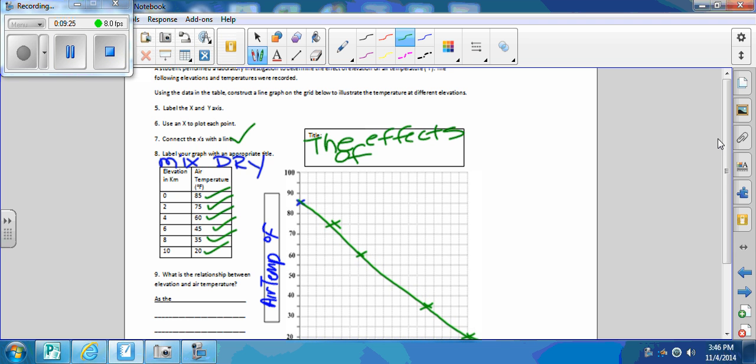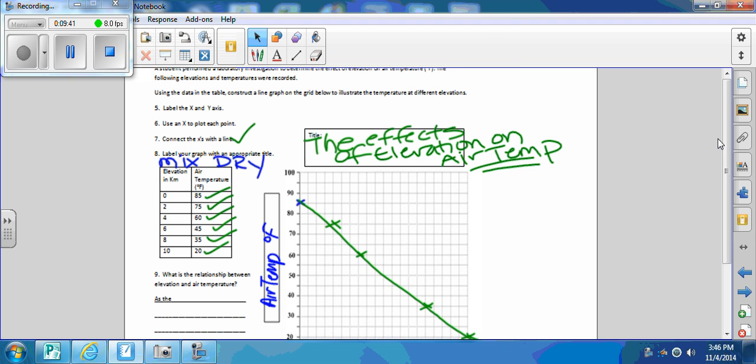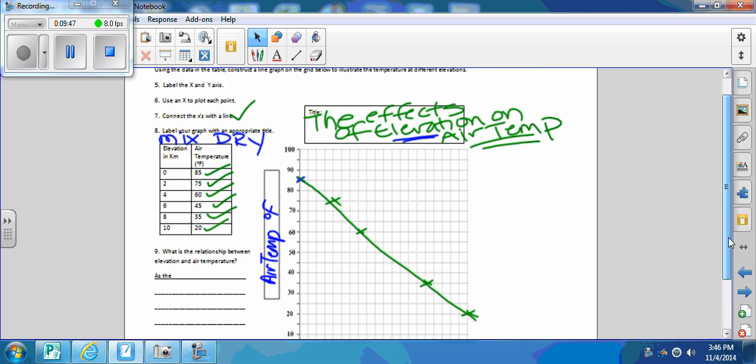What is the relationship between elevation and air temperature? These are good titles. You know, these are in your notes. You need to study your notes. The effects of elevation on air temperature. If you did not have both of these variables in your title, you didn't get credit. So some of you guys, all it is a matter of looking over your notes. Now, we see this